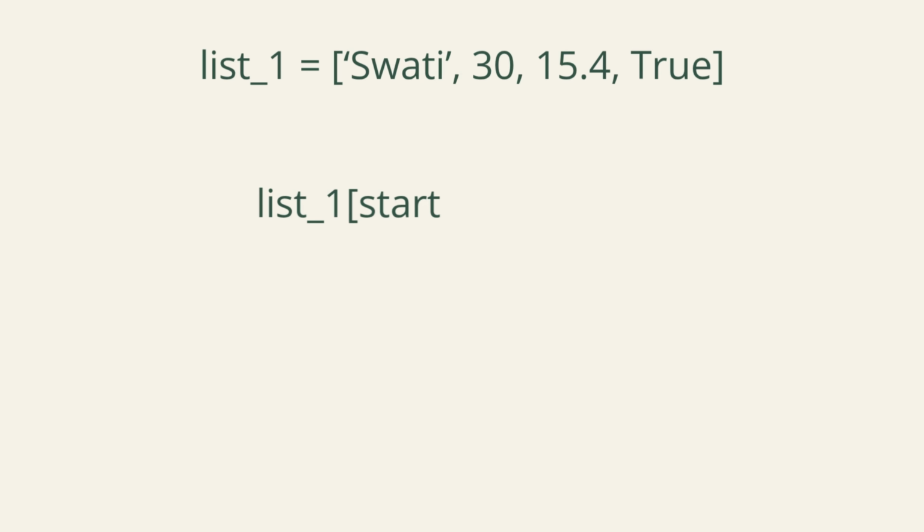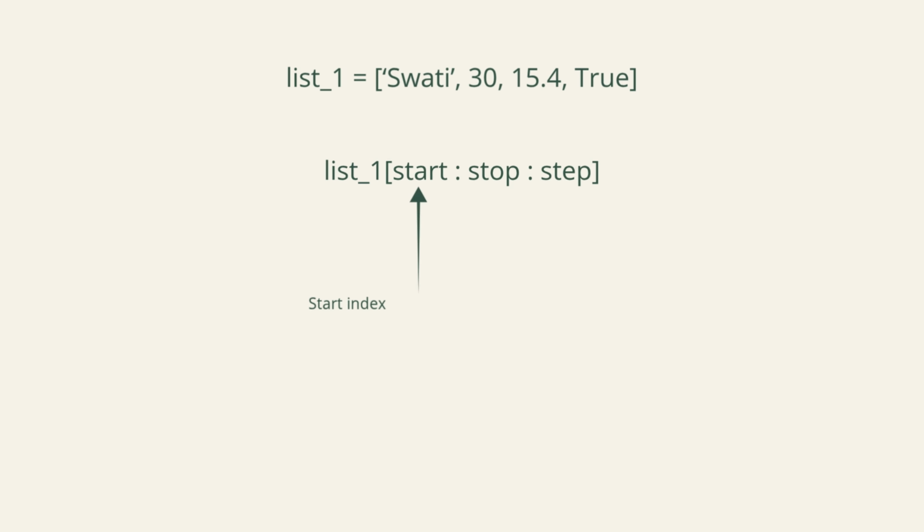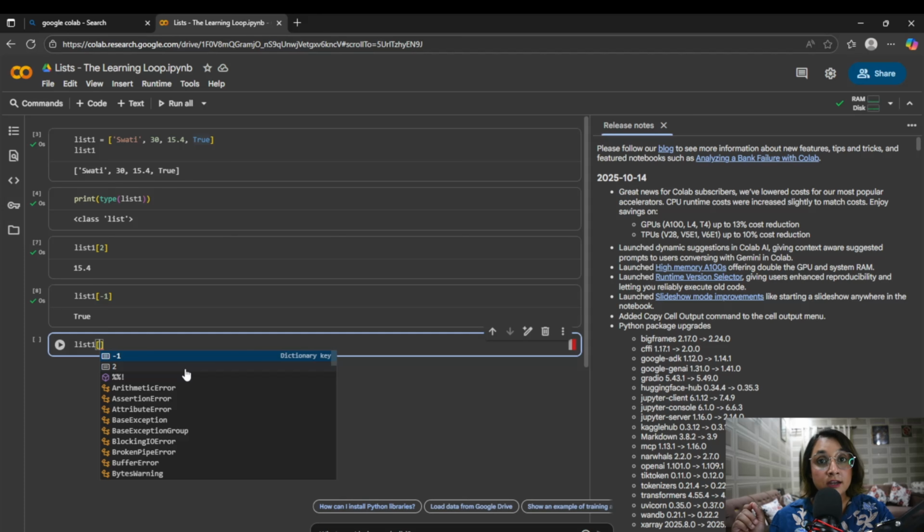start:stop:step, where start tells us from which index number you want to start including the elements in the output. Stop tells you where you have to stop including anything. And remember, if you want to include the 5th element, the stop should be 6, because the element at index 6 would not be included